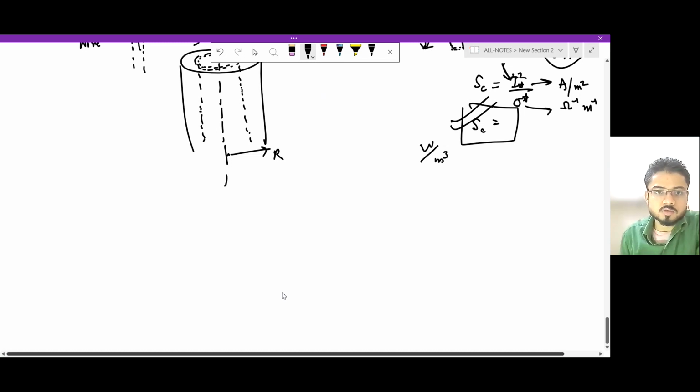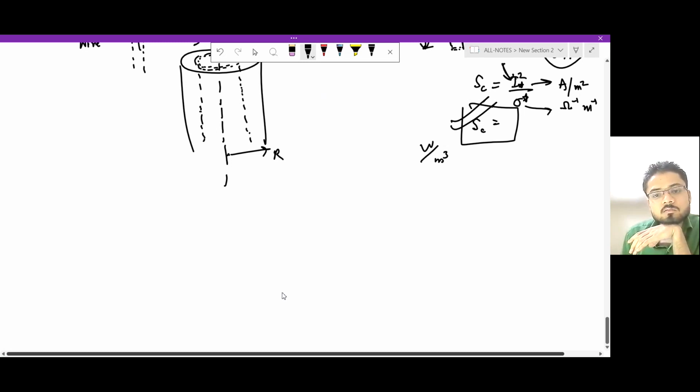And let us assume that this entire length is L. So what we could write is, at R, the rate of heat across. Since this is our control volume, we will be writing flux in minus flux out. Our flux in equals flux out,